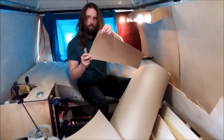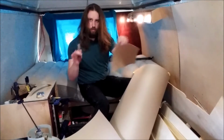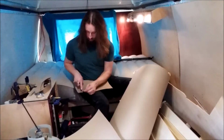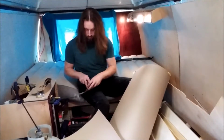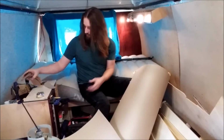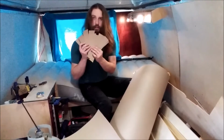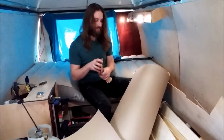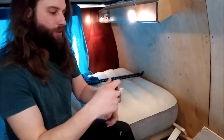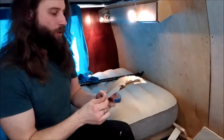Yeah, small pieces like so will make a big difference. After I do this, I'll kind of go over my idea here. Alright. Hopefully this will be enough pieces. Alright, so now that we've gotten some small pieces cut out, what we're going to do is